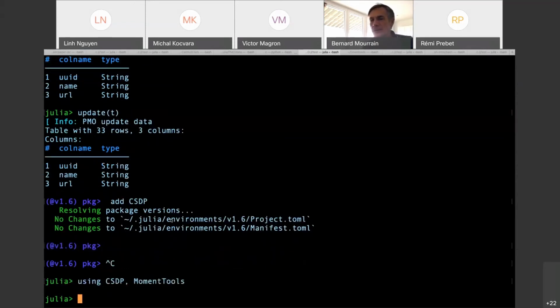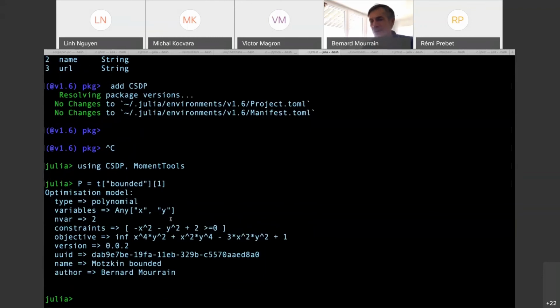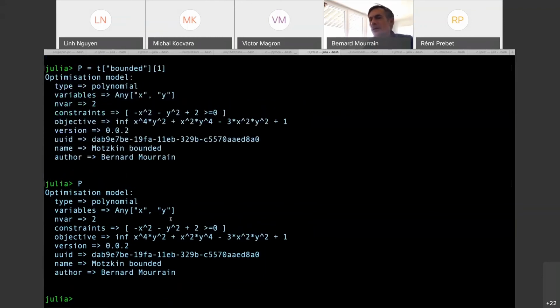So you have this package loaded, and we take the one which is in the table, so Motzkin bounded, and this gives our polynomial P, which we have seen already.